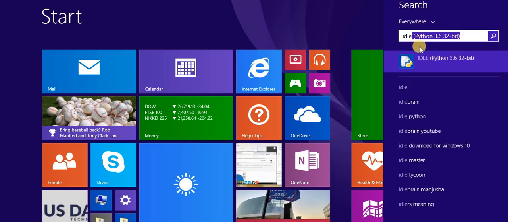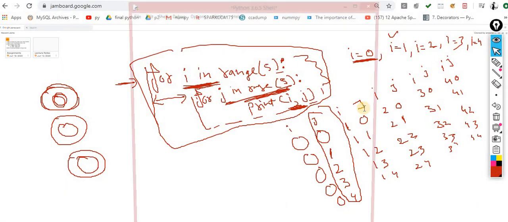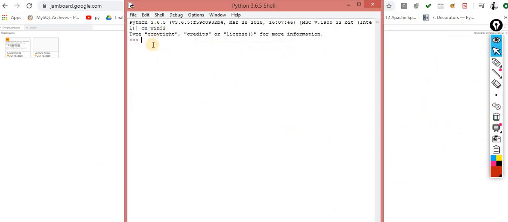Understand it. For i in range of 5, for j in range of again 5, colon, print i comma j.